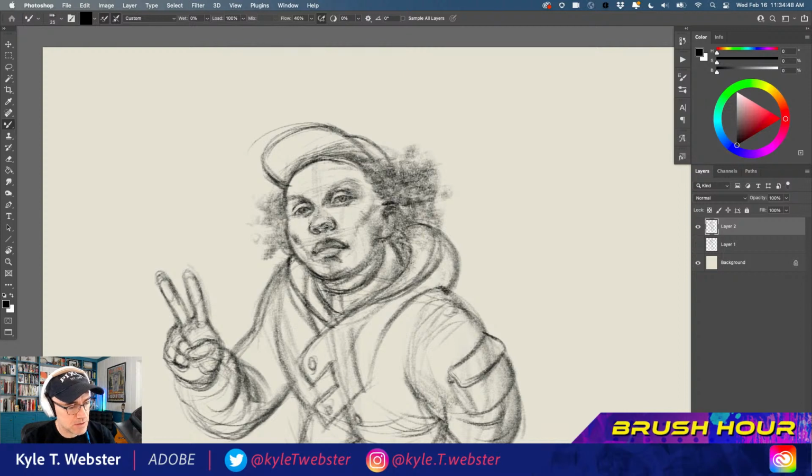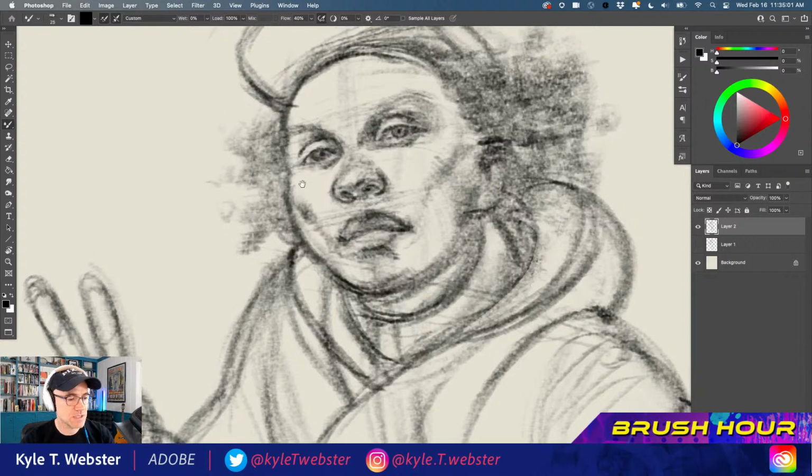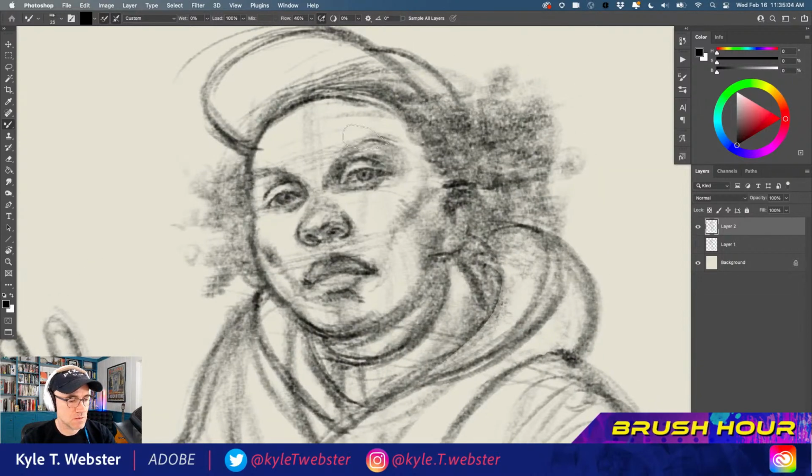But you can see I can use this to just go all the way through and start to get these little details worked out quite nicely. And then every now and then I just use the eraser, get a little bit more precise with the edge of something. Like I'll just remove a little bit here or there. But every time I do that, I know that that eraser is going to have that same feel that I want